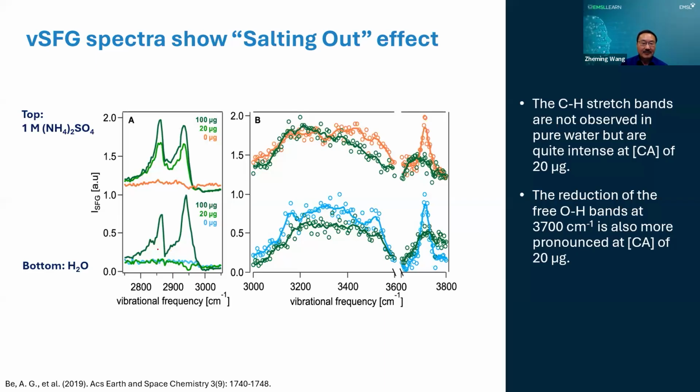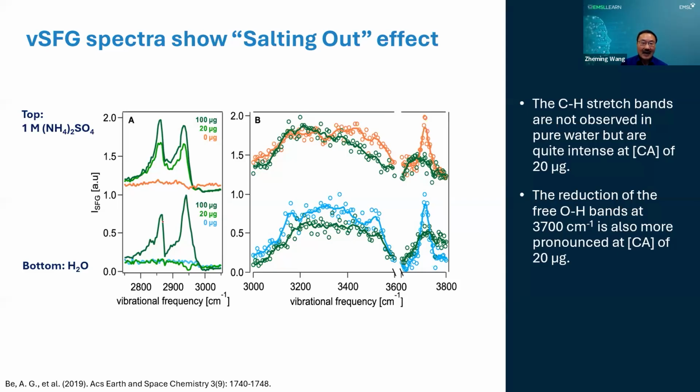On the left side, the bottom spectra, that's where there is no ammonium sulfate present. You can see that at 0 microgram, of course, there is no signal. Without salt, if we increase the concentration of beta-carotene aldehyde to 20 microgram, they are dissolving in the solution, but except for a small dip around 2950 wave number, there is nothing of the organic groups to be observed. Only when the organic reaches 100 microgram, we see a strong peak of the organic CH3 and CH2